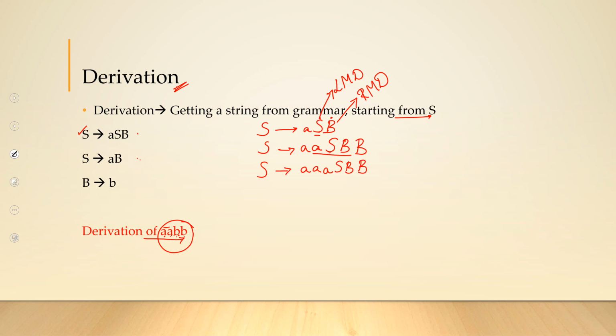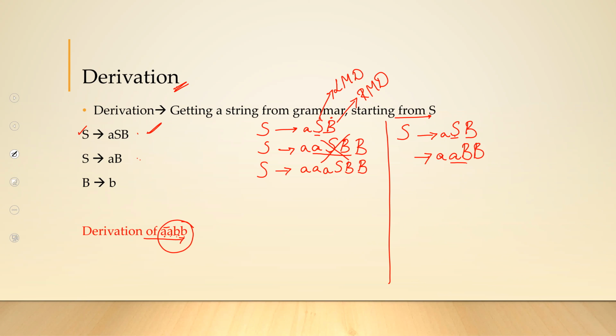Look here, I'm having a problem. I'm getting 3 A's, which doesn't satisfy what I want, which means I went wrong over here. I should not have used my first S in the beginning. So I'll go for another option. It is all trial and error. Okay, I'll go for the other one. S is ASB. I replace S with this ASB, which I'm having a problem with when I go down. So to be on the safer side, I'll go for my second one.